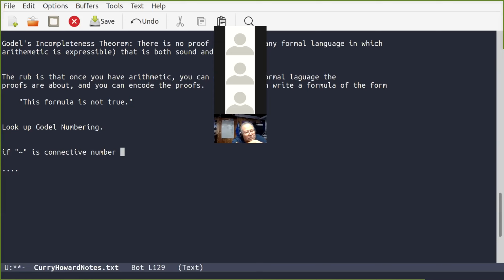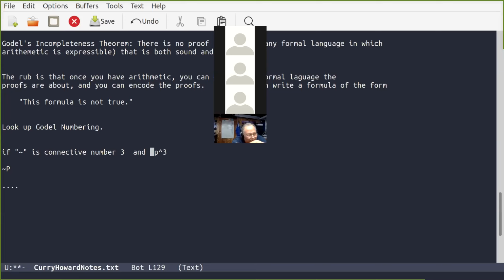Let's say it's number 3. Then you take 2 to the 3rd. Where do the prime numbers come in? You sequentially would say, and let's say that it occurs, so I think of not P,